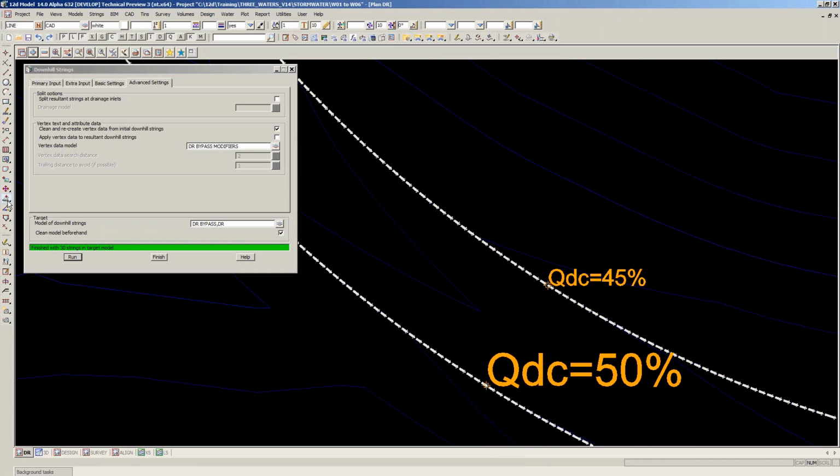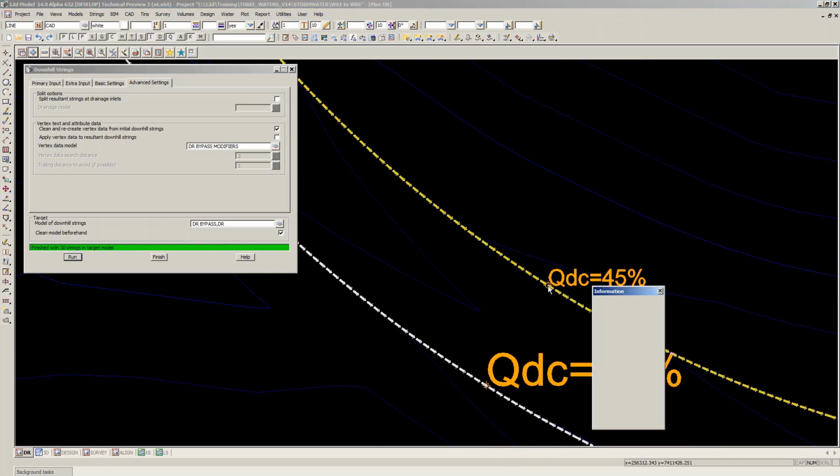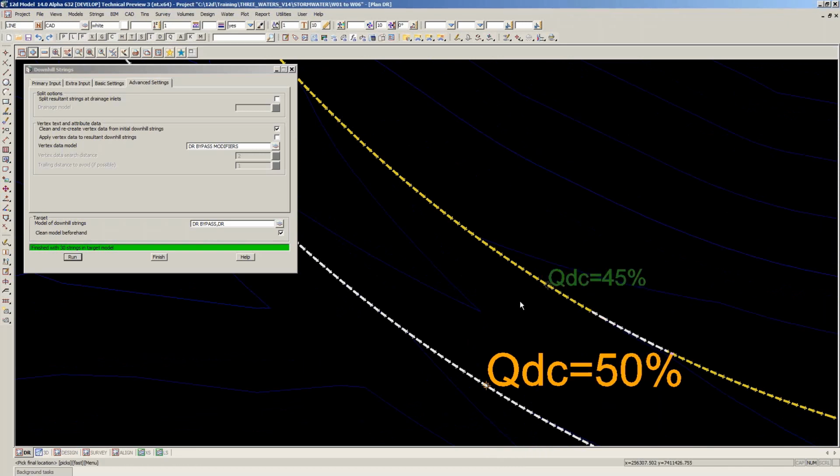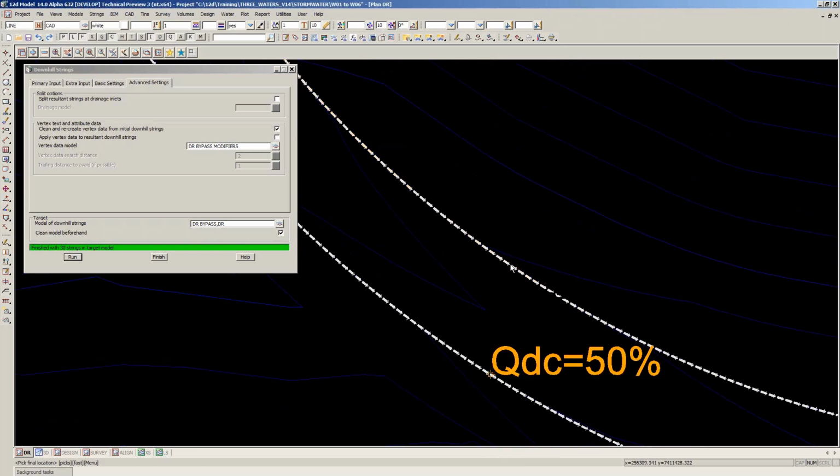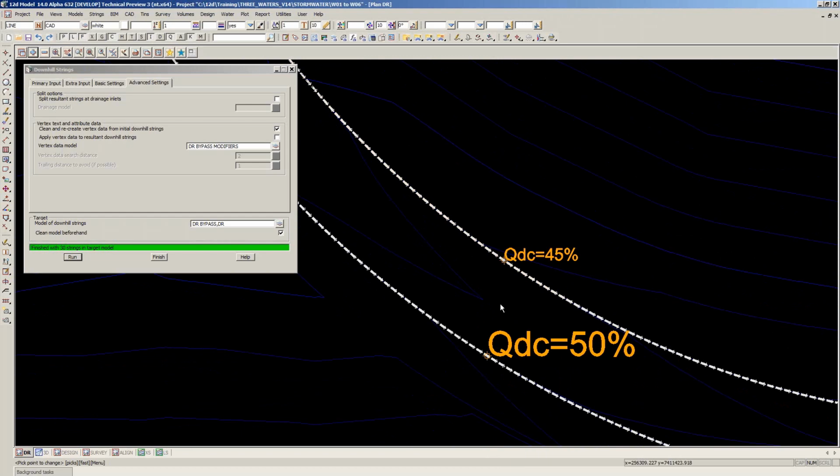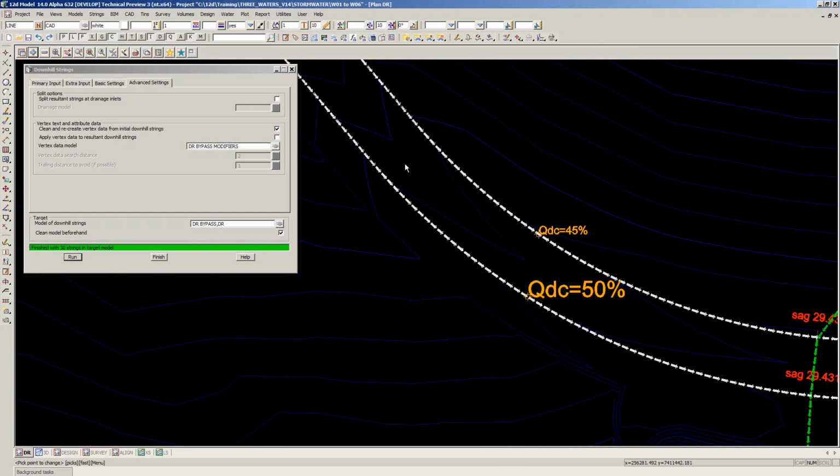I'll use this option actually, the CAD vertex move, and just pick on that one. And I could move it, say, somewhere further up the string, somewhere a little bit offset from there. Now the key here, if you just go and rerun it again, you will have lost that information. So be careful when you're running it as a two-step process, because I don't want to clean and recreate that